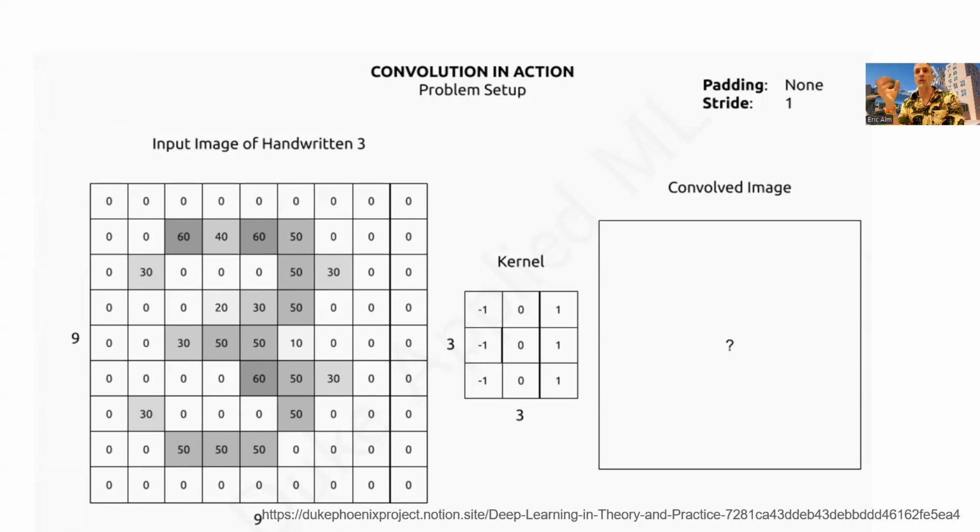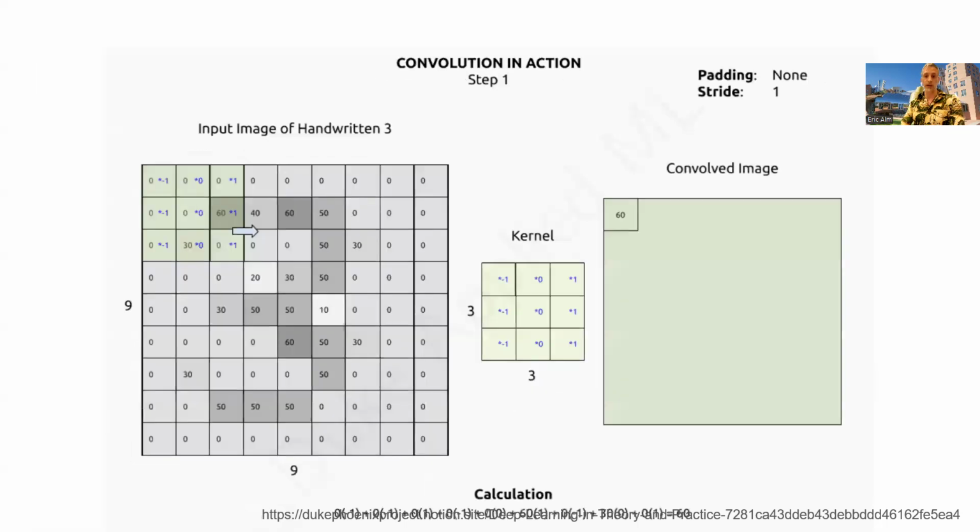So now let's talk about convolution in 2 dimensions. And this is one of the most common uses of convolution. So imagine that we have an image of a handwritten number 3. Okay. And so you can see how it's shaded, and then I put numerical values that correspond to the shading. So I'm going to take this image and I'm going to convolve it with the kernel that you see in the middle. Okay. And so the way that I'm going to do that